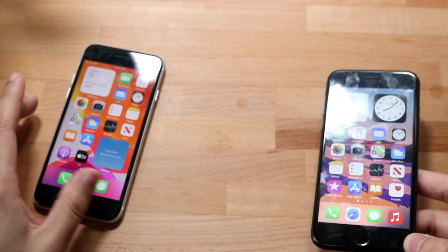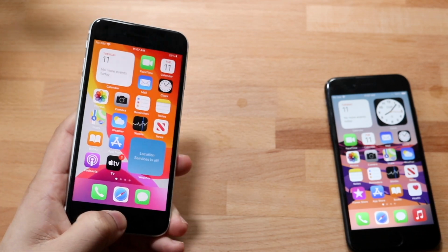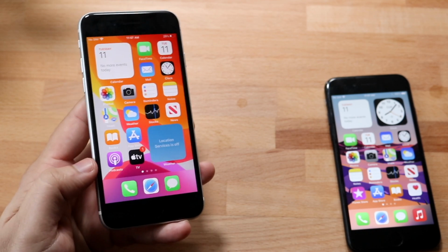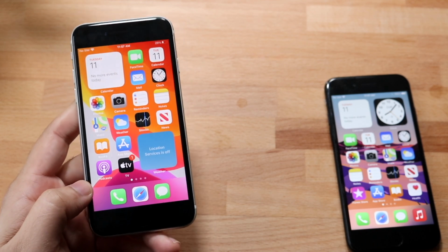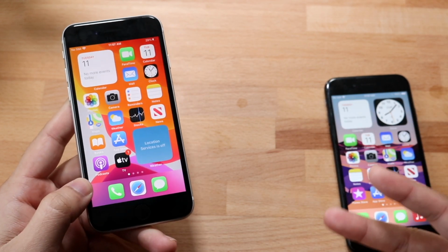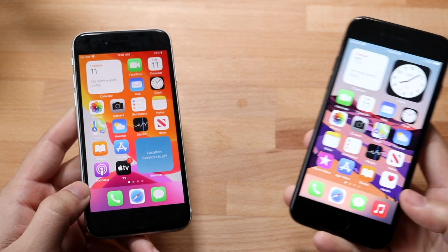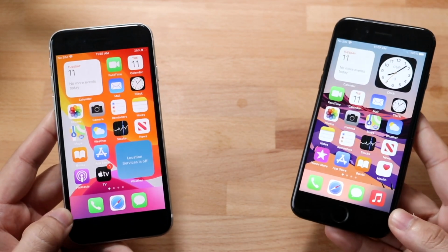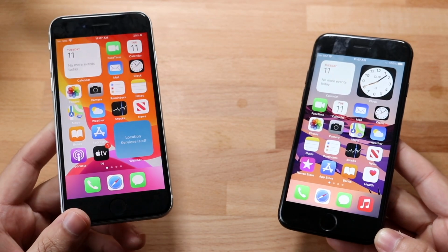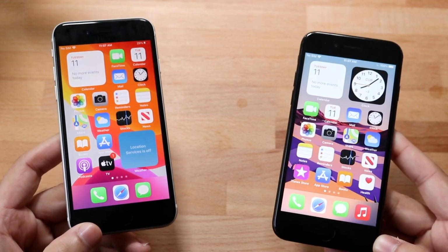what everyone's saying. With the iPhone SE 2, on the other hand, you're getting a phone that's going to be lasting for a very long amount of time. This phone's going to last for many, many years. It's not going to be outdated anytime soon, and that is a huge advantage for a phone like the iPhone SE 2. So you can buy this phone today, you can buy this phone next year, or even the year after, and still get several more years of software support, where the iPhone 7 is pretty much going to be outdated within probably a year to a year and a half from now. So take it as you will. I would rather have the iPhone SE 2, and that is the biggest advantage between these two in my opinion. You're going to be getting a much more solid phone from the iPhone SE 2 than the iPhone 7 in